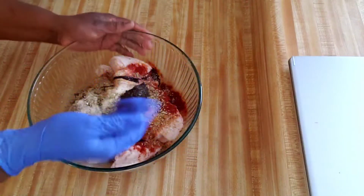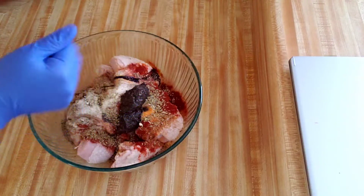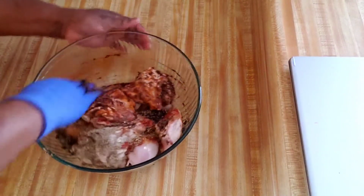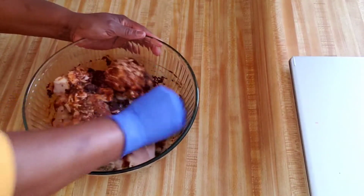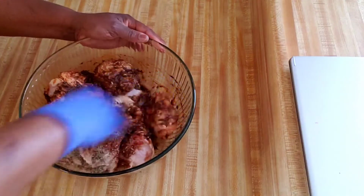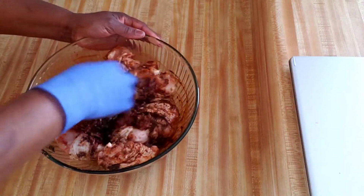Here I have on my gloves, guys. This is optional, you don't have to put on the gloves, but I don't want to season it up with my bare hands. So what I'm doing now, I'm just rubbing the seasoning into my chicken. Make sure everywhere